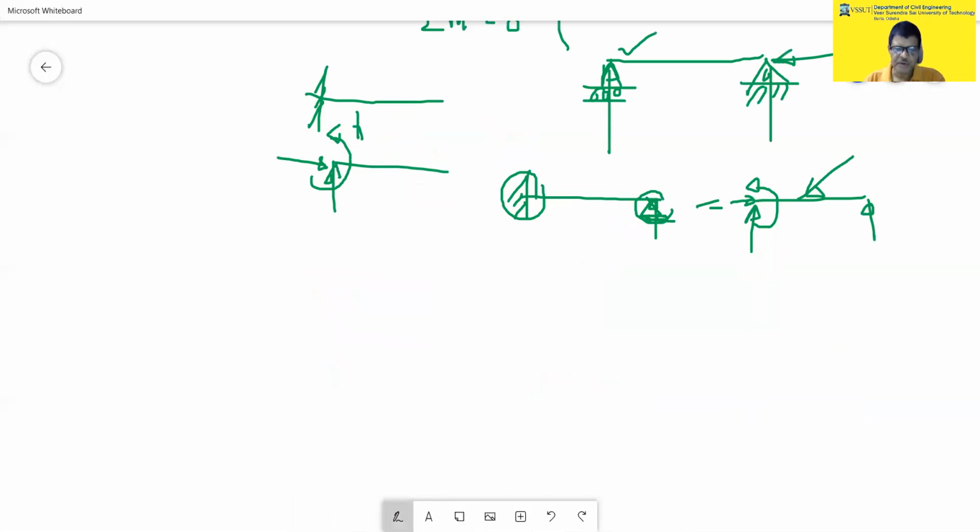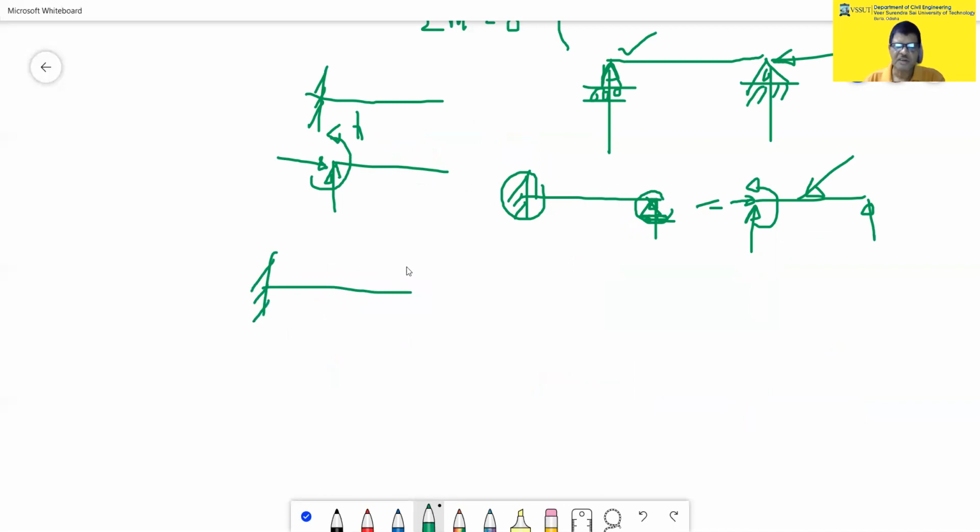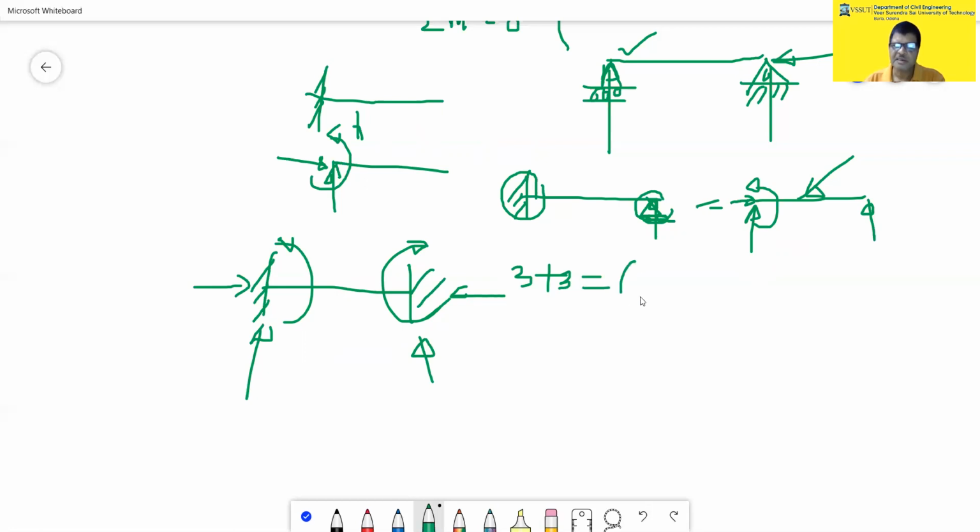Now let us give another example. Take a beam where one side is fixed and the other side is also fixed. Both ends are fixed, so it is also statically indeterminate. To what degree? You will have 3 reactions at one fixed end and also 3 reactions at the other fixed end. 3 plus 3 is 6, so you have 6 unknowns. We have 3 equations, so the static indeterminacy here is equal to 3. It is indeterminate up to 3 degrees, as 3 extra unknowns will come here.